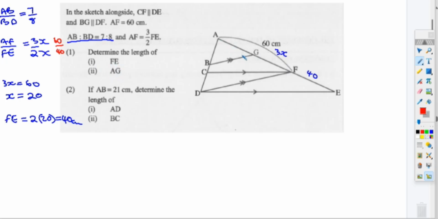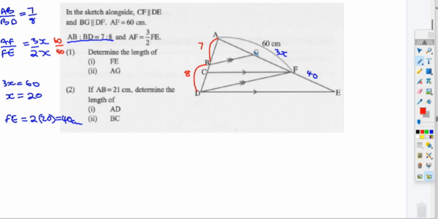We can use the proportionality theorem there. We are given AB over DB, that is 7 to 8. Please consider these parallel lines. These parallel lines are covering AF there. All right? So we can say